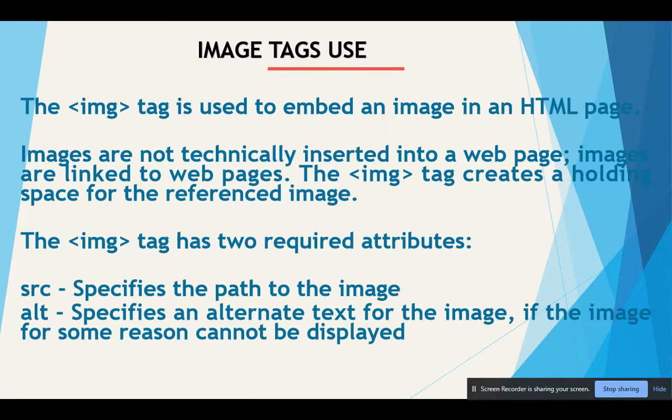So now let's start our image tag. The image tag is used to display an image on the web page. If you want to insert any image in your website, or place any picture in your web browser, you use the image tag. The image tag is an empty tag that contains attributes only. Closing tags are not used for this HTML element, so in practice the image tag doesn't require a specific closing tag.